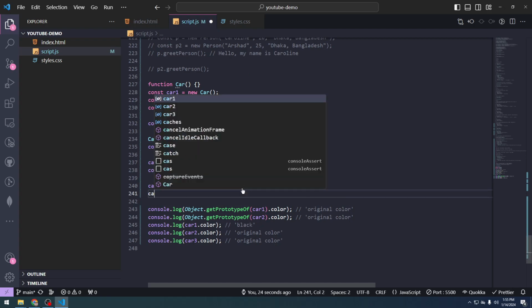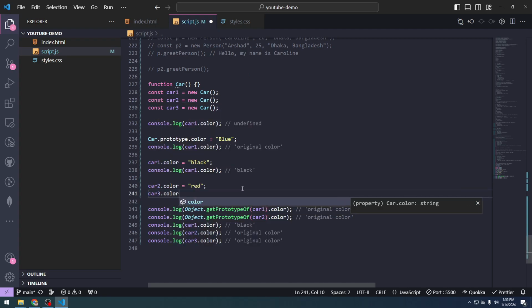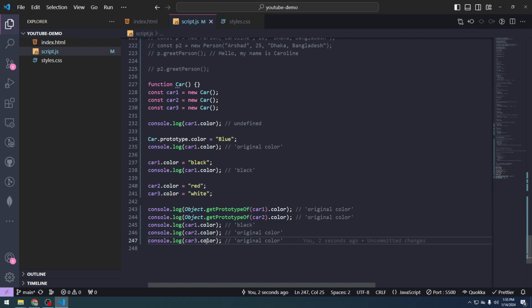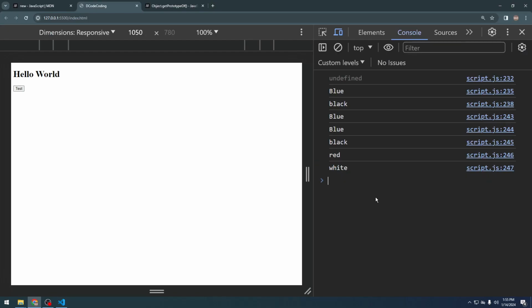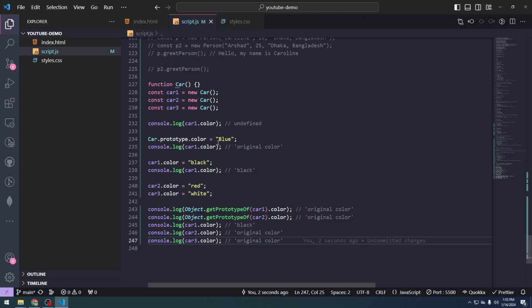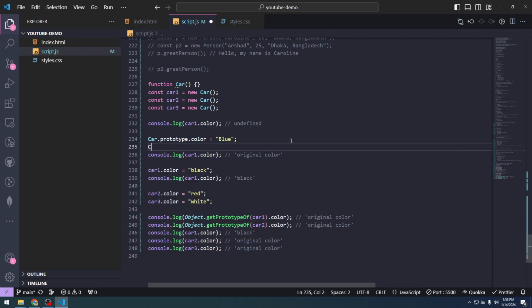But if we assign a value here, let's say car3.color, this should be white. And now when we go and look for 247, we should get white. Okay, so you can think of this as car.prototype.color or any property, let's say car.prototype dot